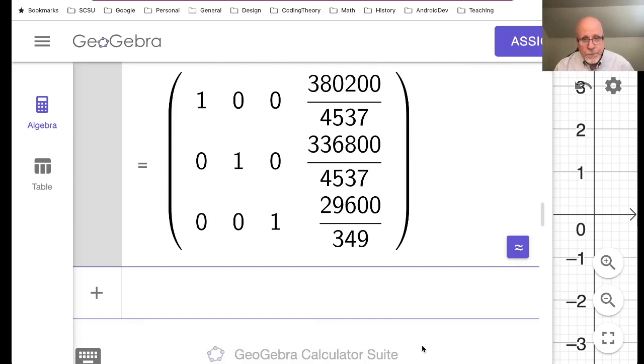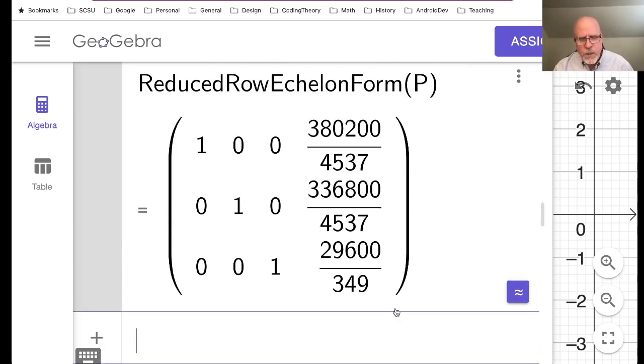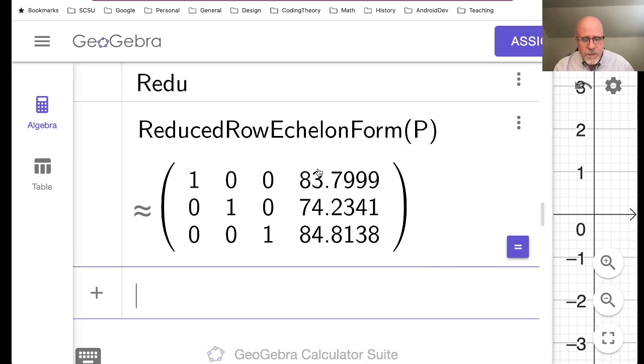Now, what is this? This is a 3x3 matrix. The reduced row echelon form has 3 pivots in it. The stuff on the right-hand side is the free column. It's telling us what the values of these pays to the various sectors should be. This one is saying X is 83.8. I'm rounding the rounded thing already. Y is 74.2. These are numbers expressed in terms of those consumer demands for the products,